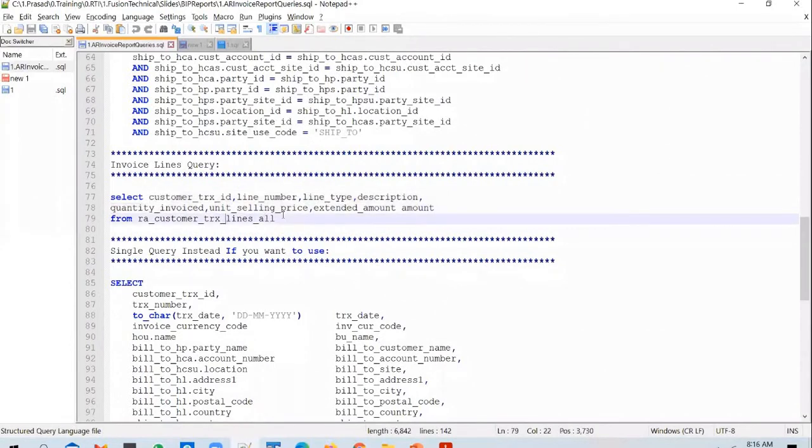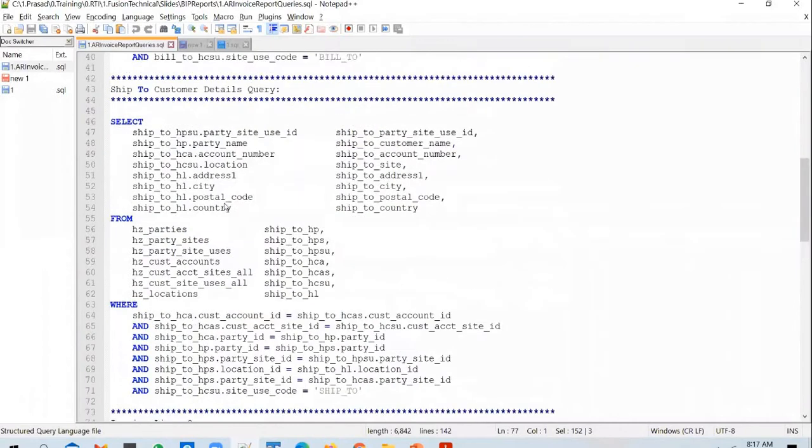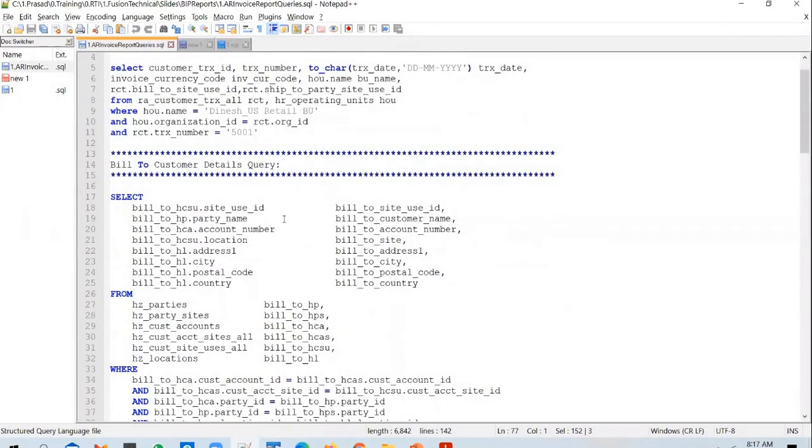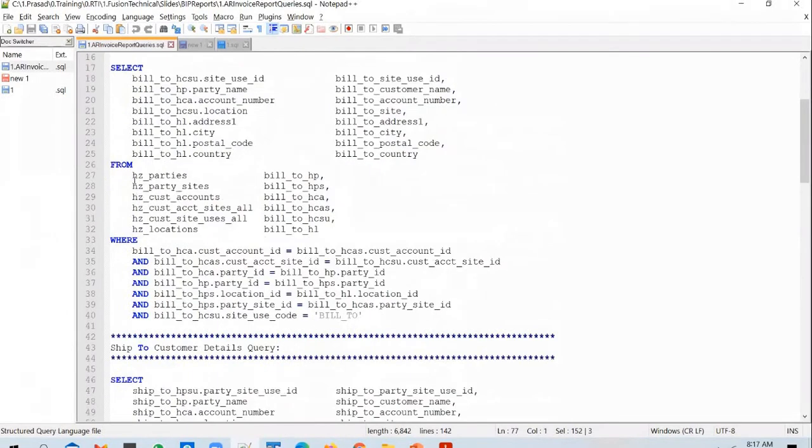You will be writing simpler queries like this in most scenarios, but in some cases, if you have to pull details of a customer, which is a complex data entity, you might have to join multiple tables related to customer. And each and every table that you have in the from clause needs to be linked together.